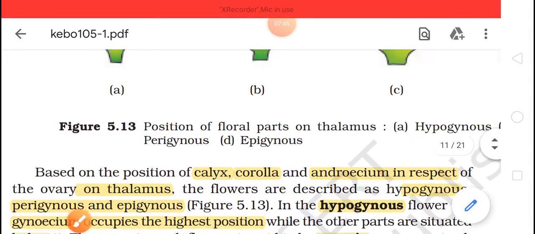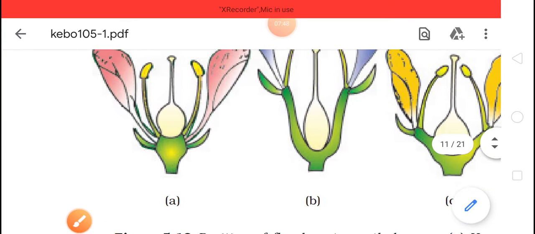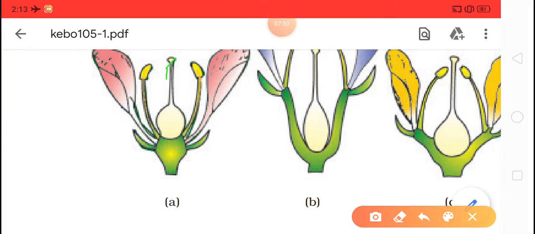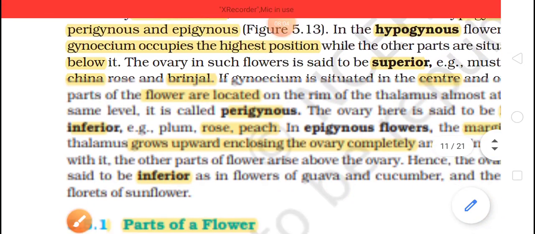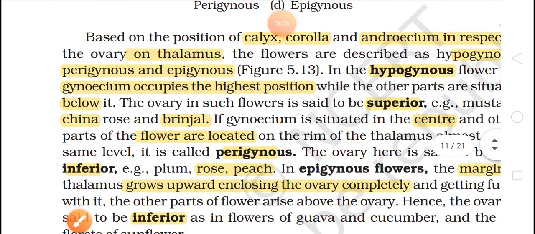I'm showing a diagram in front of you. See this gynoecium, it has the highest position. So if it has the highest position, this is known as hypogynous, and its ovary is superior. Okay, so that is the first type we discussed. Now children, second, that is